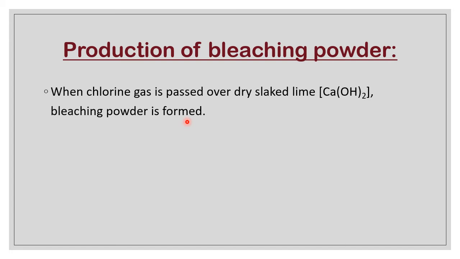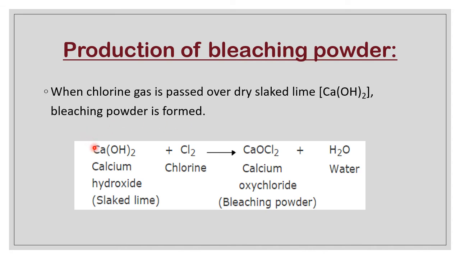On that we have to pass chlorine gas. So it will take as much as it wants in the structure, the remaining water comes out, and the major product is calcium oxychloride, that is bleaching powder. Ca(OH)2, that is slaked lime, and we are passing Cl2. So Ca, O, Cl2. Still one O and 2 H remain, which come out as water, the byproduct which escapes to the atmosphere, and this will remain, that is taken for use.